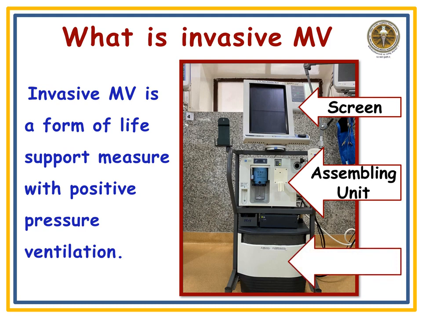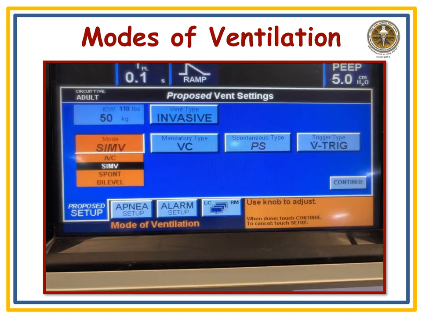Now in the back of the ventilator, there are two tubings, one for medical air and another for the oxygen hose pipe. You are connecting those tubings to the source of medical air and the oxygen source. There will be a power cord for power, so you can connect all those things before starting your ventilator. Now what we have done, we have already chosen the ventilation type, that is invasive mode of mechanical ventilation.